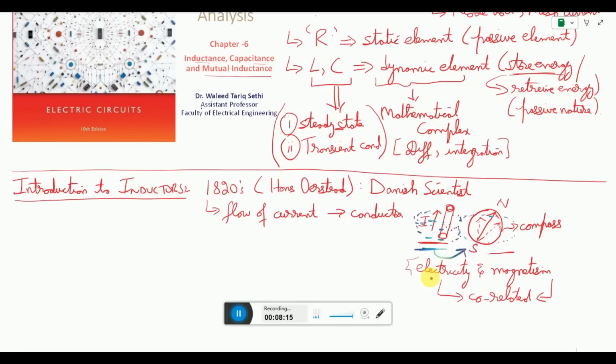So this was the first time that these two elements were considered to be a part of each other or associated to each other. Later on, this theory got verified when another scientist, a famous one known as Michael Faraday,